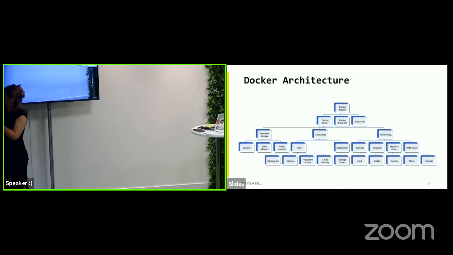So Docker Engine allows you to build, push and pull images. It gives you networking functionality. It gives you persistent storage functionality. But in reality, in a Kubernetes cluster,